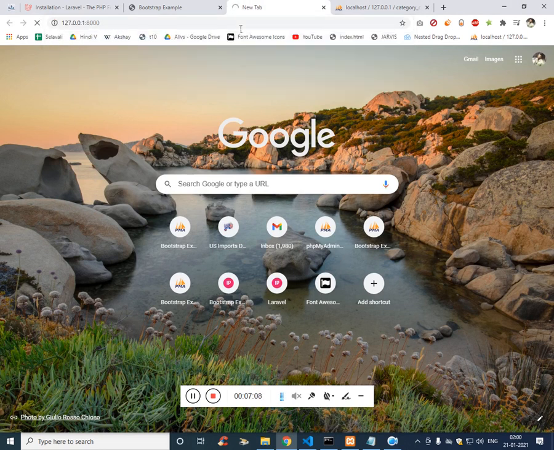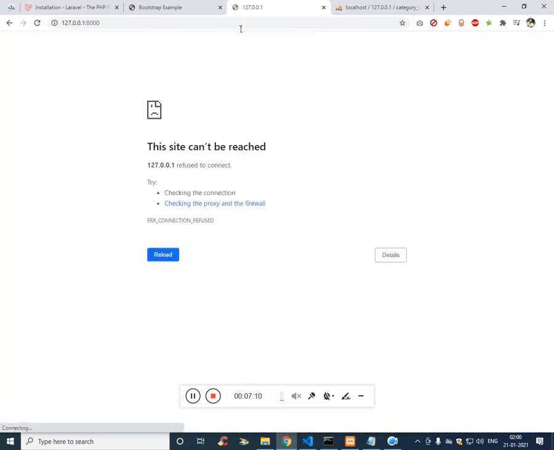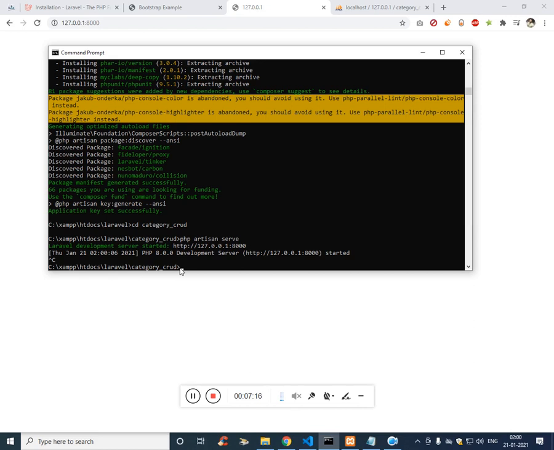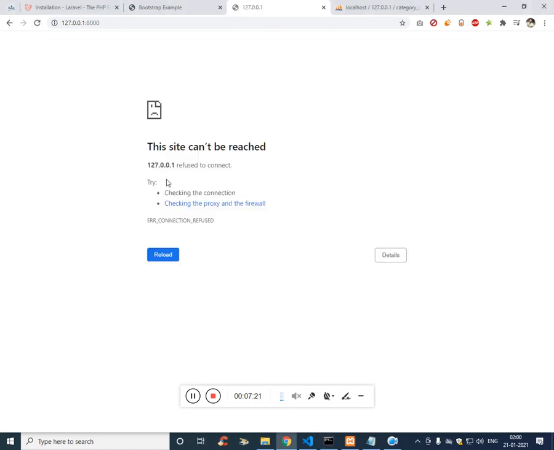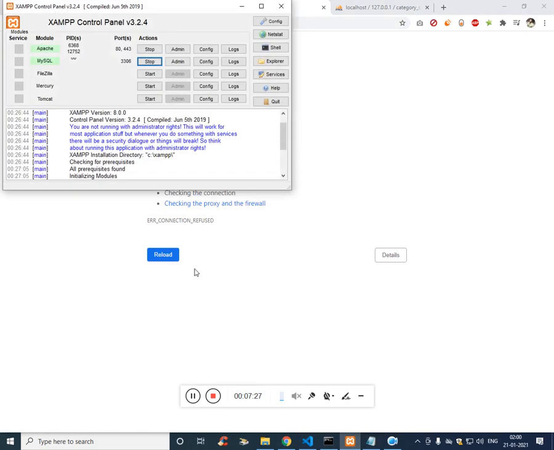So now we will see the welcome screen of Laravel. We should see... site can't be reached. Let's see whether our XAMPP is running or not. It's running.